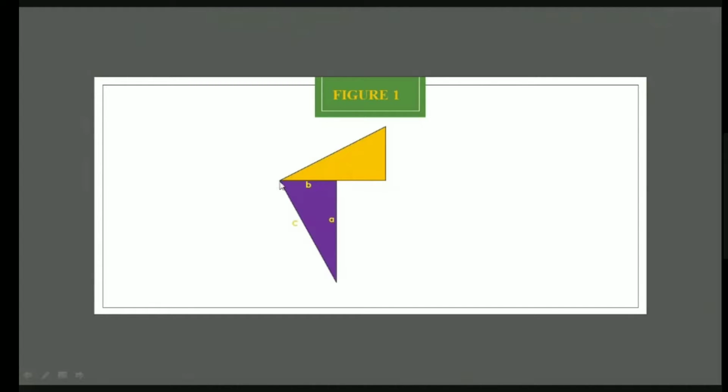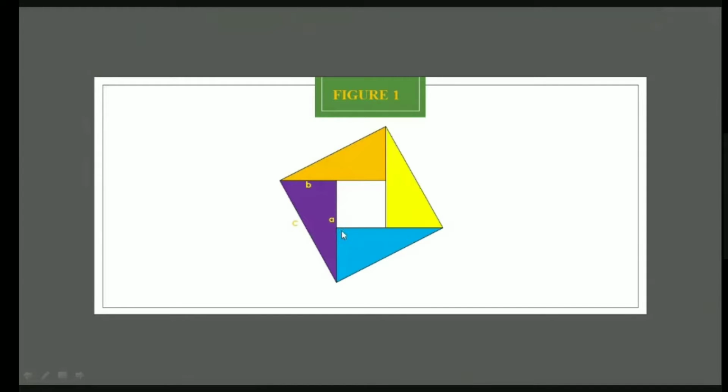Side A is lying on the side B. Exactly the same way I'll place this one. The side A is just adjacent or adjoining to side B. Similarly, the fourth triangle I am pasting such that the side A again coincides with the side B, and here side B coincides with side A.